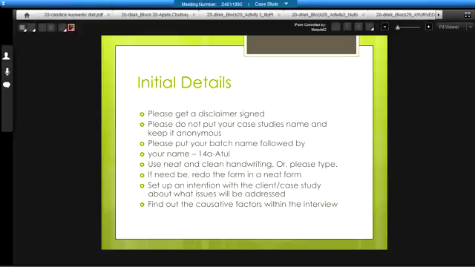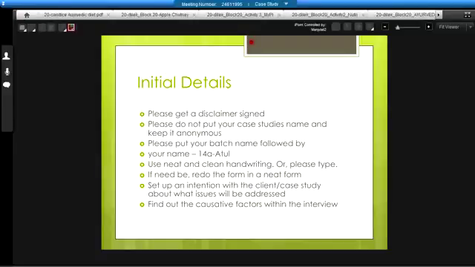And make sure you keep it anonymous. Patient privacy is really important, so make sure that you don't mention anyone by name or even initials. Sometimes it's really obvious who that person is, so just make it completely anonymous. Sometimes just change some of the personal details a little bit, as long as it doesn't change the meaning of the case study, to protect their anonymity. And then put down your name, obviously, and it would be helpful to include your batch number. So do that as well.